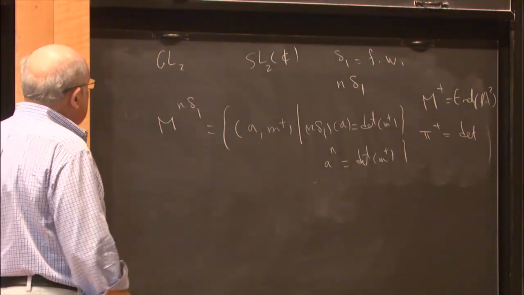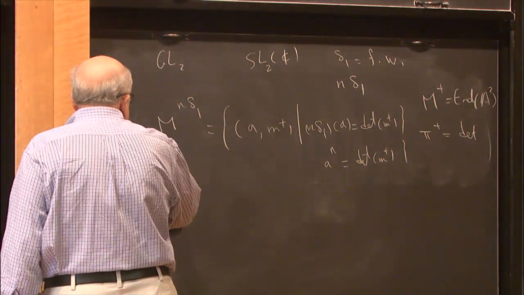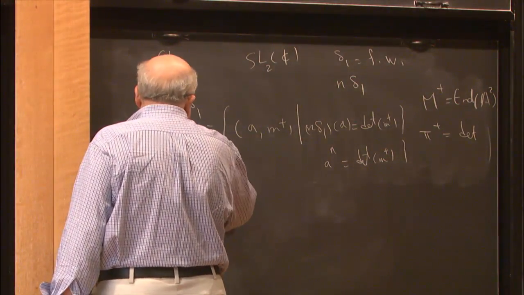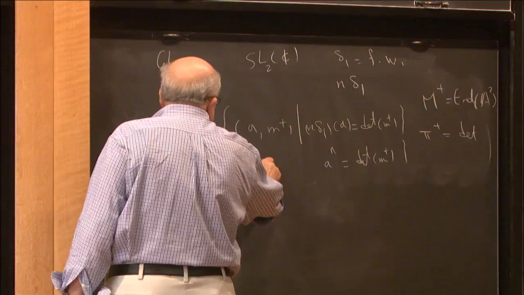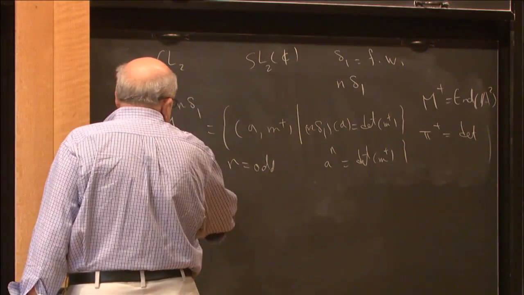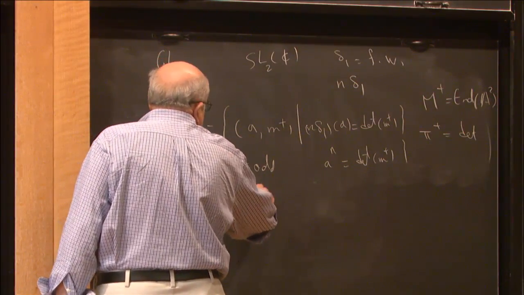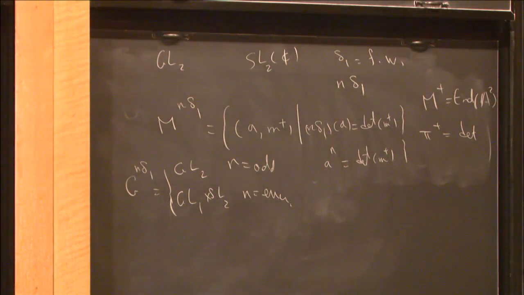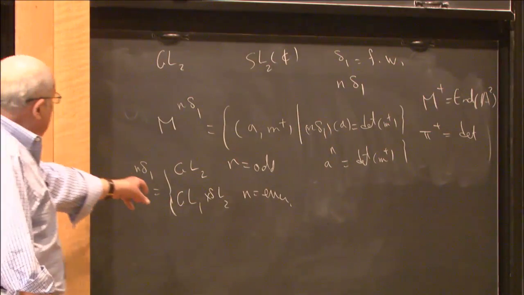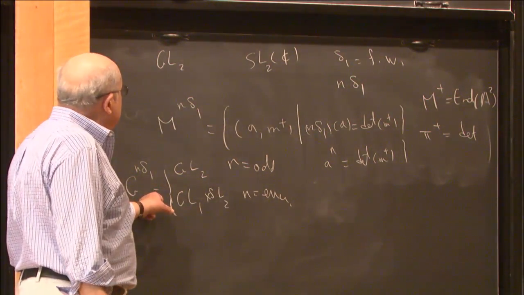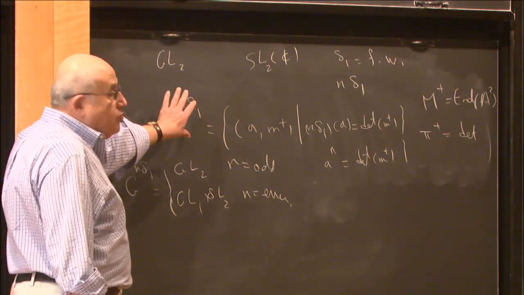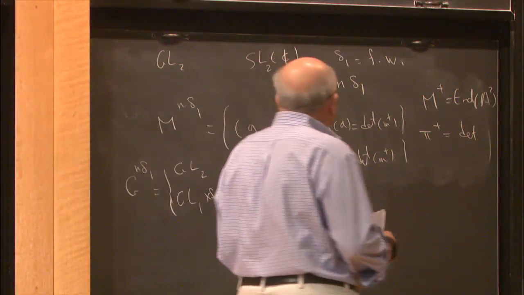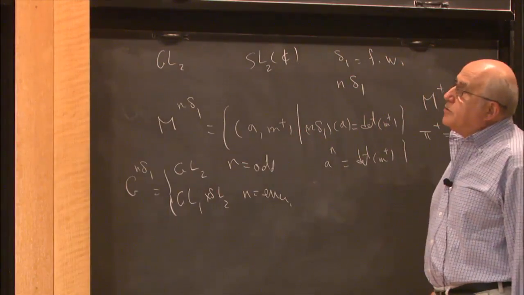And if you compute this, you will see that the corresponding group G in M delta 1 is going to be equal to GL2 if n is odd, and GL1 cross SL2 if n is even. So these are the kind of monoids you have to work with, and you can quickly compute the group which gives these units. But of course, you have to think of this also as something, and if you want to define the spaces of Schwartz functions, you have to be using this.